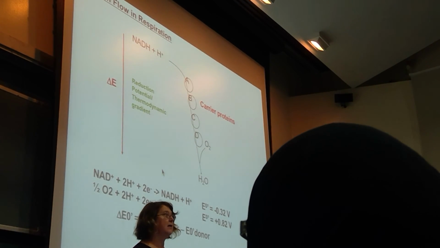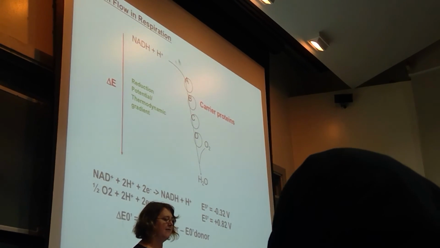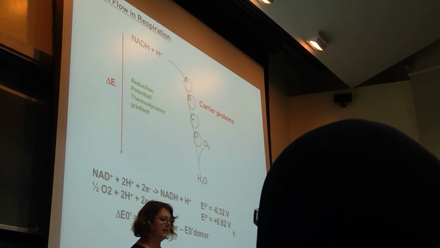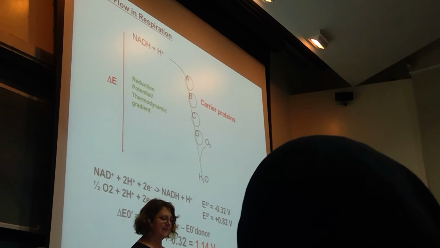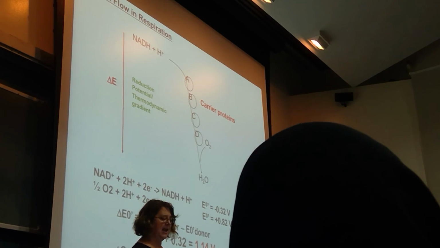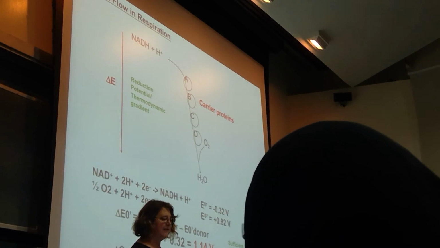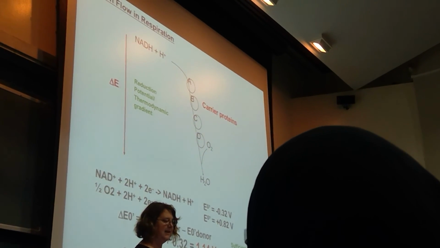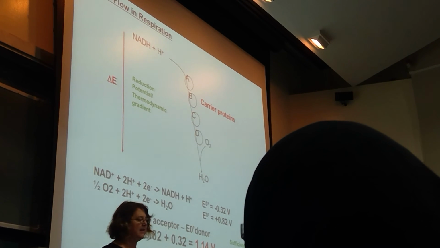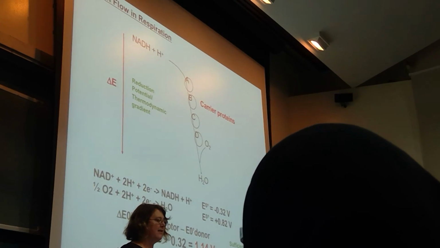So I'm just going to do 2 more slides and then we'll be done. I'm just re-emphasizing that in normal electron flow from NADH to water, we had a big change in the reduction potential, and a really big delta G that was highly negative, and that's a lot of energy for ATP production and for pumping those protons out of the matrix that's driving the ATP. So next time we're going to start with the chemiosmotic model and then go into the details